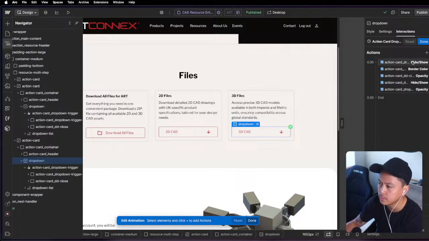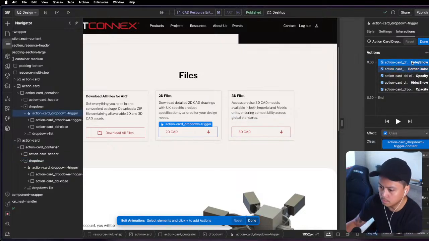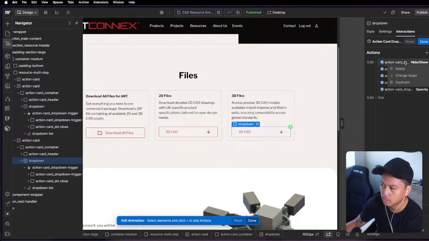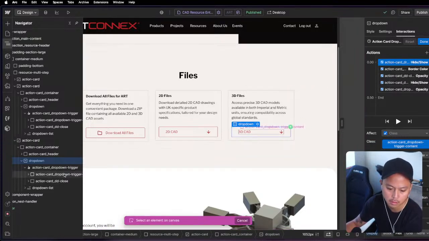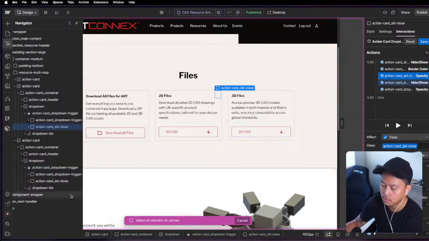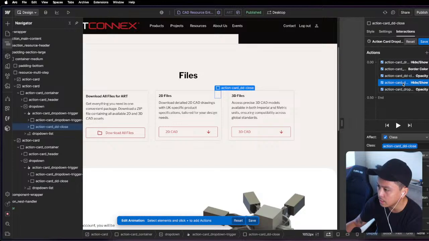I'm over here, dude. So which one is this? Trigger content. Drop down trigger. I feel like this is new. Like I feel like I was able to reuse animations like this because my